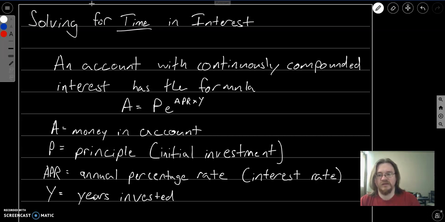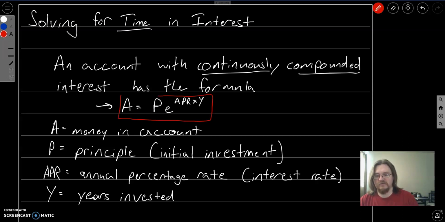One thing that we've seen before is if we invest into an account where it is compounded continuously. So every cent that you would earn gets added immediately back into the account so that 1 cent will begin to earn interest, so you earn interest faster and faster and faster. We have this formula here. So the money in the account, which is given by A, is going to be equal to the initial principal, so how much we initially invest, times e raised to the interest rate, which is the APR, times how long you invested. So there's 3 things that we would have to know to find how much money will be in our account. We need to know how much we initially invest, what's the interest rate, and how long we have